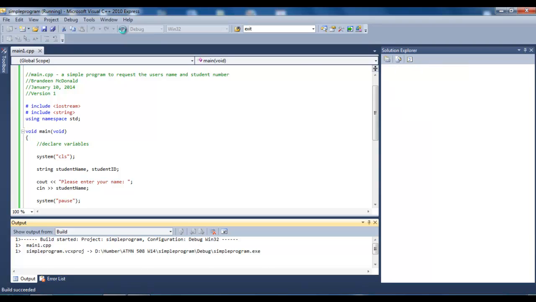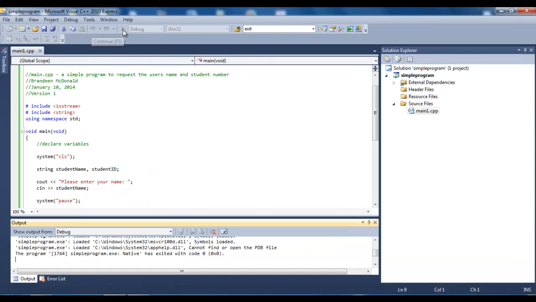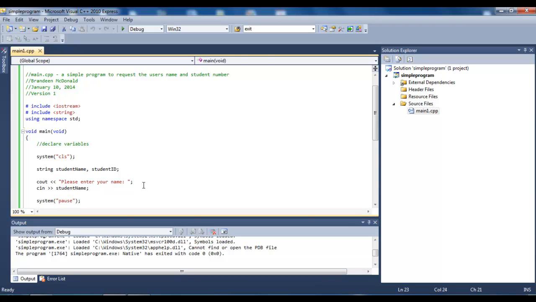Please enter your name. So I'm going to type Brandy, and I hit enter. It has saved the name, and it just says press any key to continue. Now that name is stored in student name. We could actually print that name back out to the screen. So I'm going to say cout, your name is,